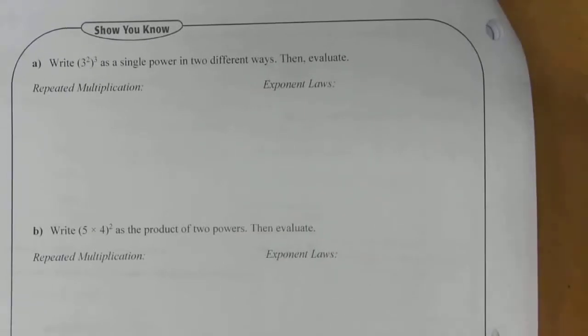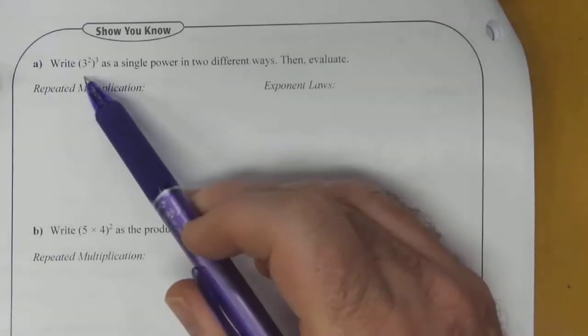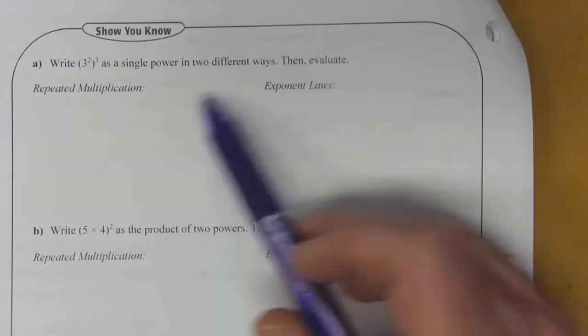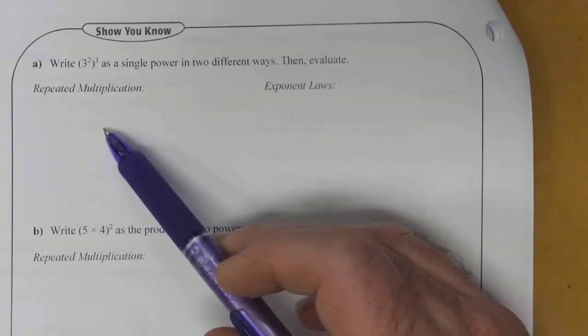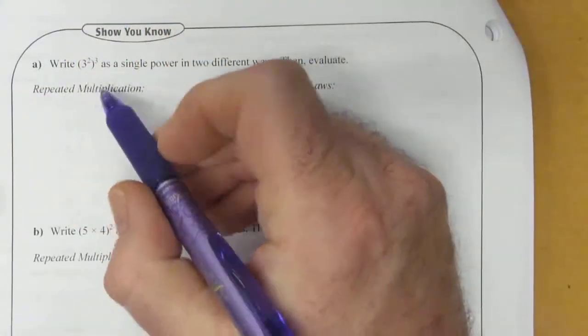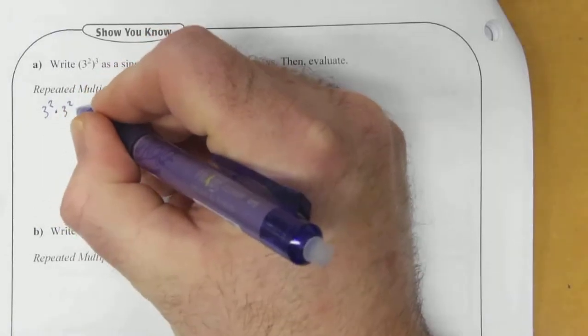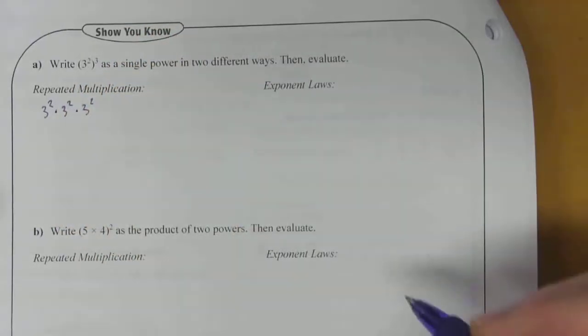Okay, we have the opportunity to practice these new laws now. Write 3 squared all cubed as a single power in 2 different ways, then evaluate. So we're asked to use repeated multiplication first. So let's do that. 3 squared cubed can be written as 3 squared times 3 squared times 3 squared, which